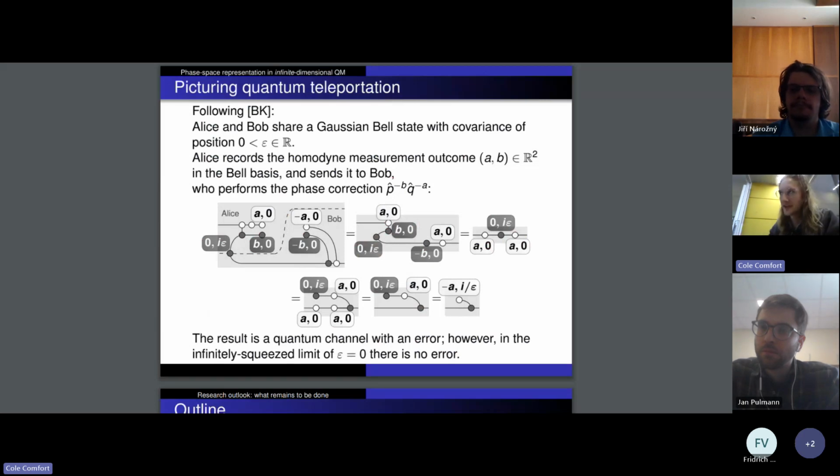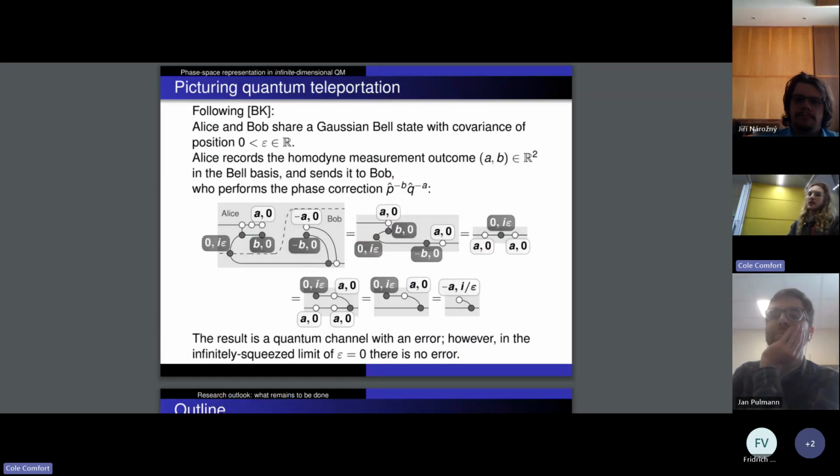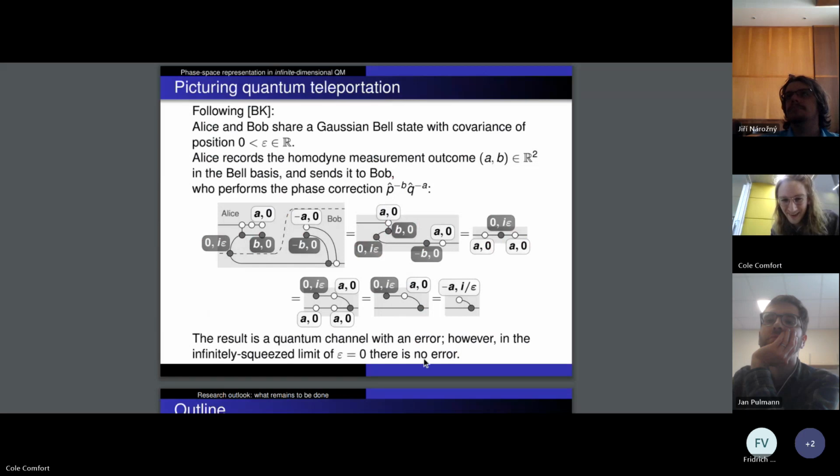But in fact, our semantics is sufficient to express this, and I would argue is the correct thing, because the usual way of talking about Schwartz distributions, you can't compose them relationally. And in fact, also in our semantics, we have the infinitely squeezed limit. When you have a perfect Bell state, which doesn't physically exist, at this penultimate step we can just set epsilon equal to 0, and then we'll find that they've transmitted a perfect channel.